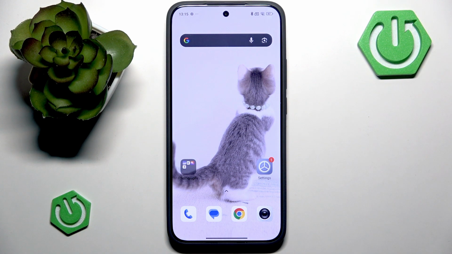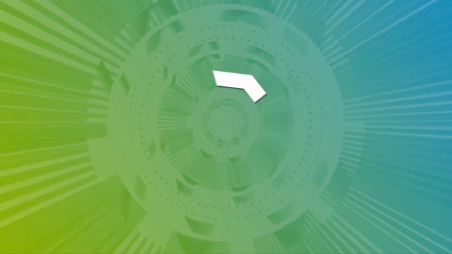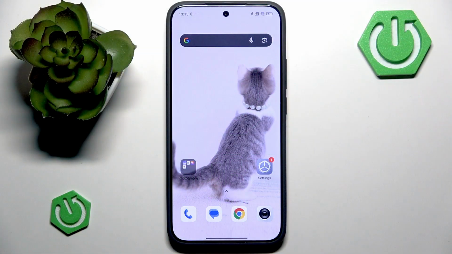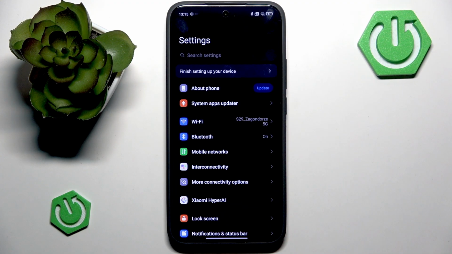In this video I will show you how to turn on developer options on your XIAOMI 15T. Developer options is a hidden menu on your XIAOMI phone that gives you access to advanced system settings for testing and customization. Okay, so now let's open settings, and you want to go to About Phone section at the top